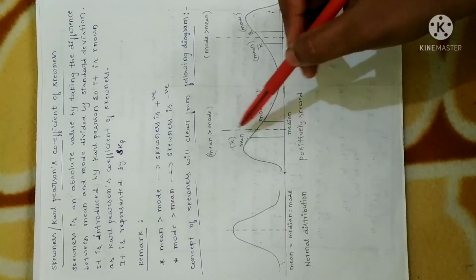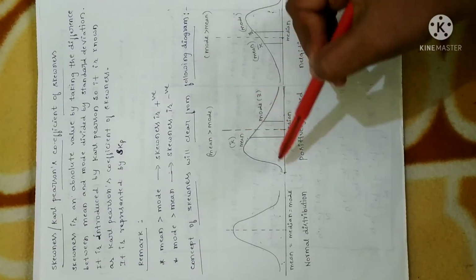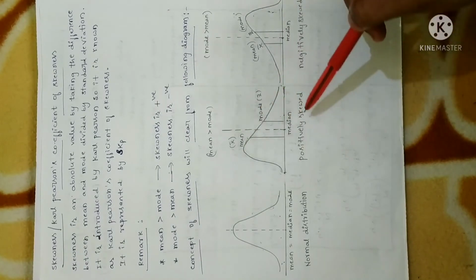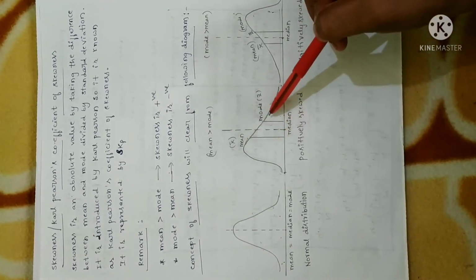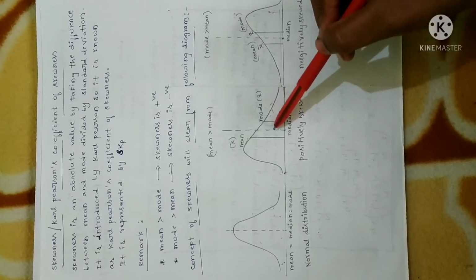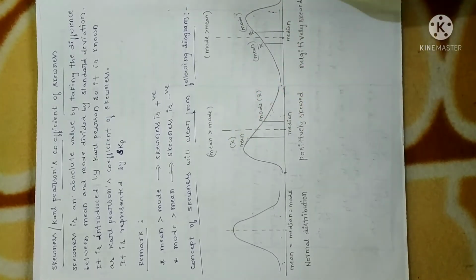Whereas in positive skewness, you can note that with respect to the central tendency, the curve is skewed with respect to the positive x-axis. So we say it is positively skewed. Moreover, mean is greater than mode. So you can clearly see from the figure: this represents the mean, this represents the mode with reference to the central tendency. So in this case, mean is greater than mode whenever we have positively skewed data.